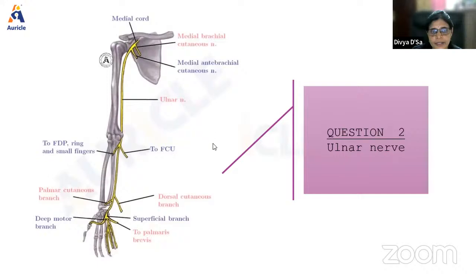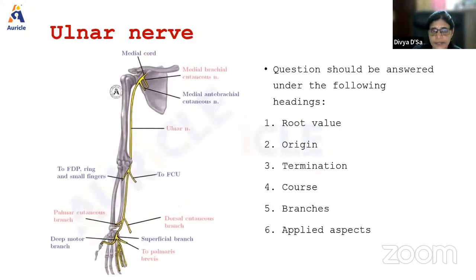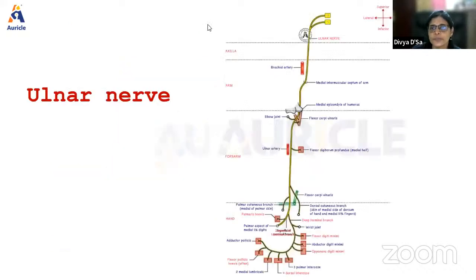Next, coming to the ulnar nerve. Whenever we write about these nerves, we write the root value of the nerve, origin, termination, course, branches, and applied aspects. So for the ulnar nerve, what is the root value? The ulnar nerve is formed by the